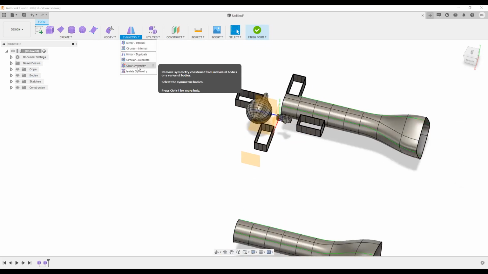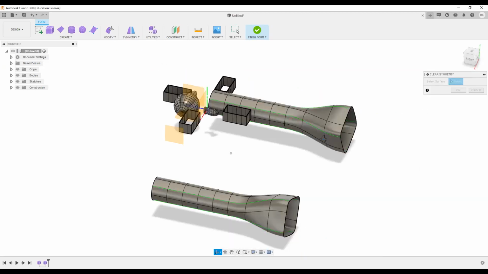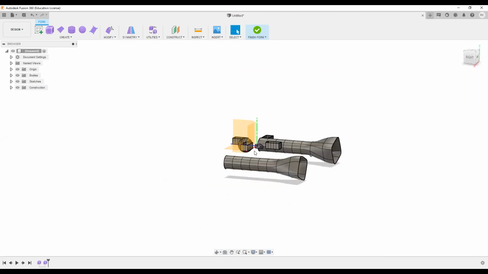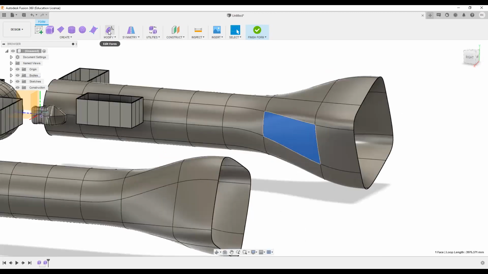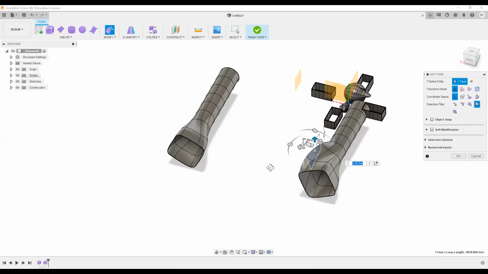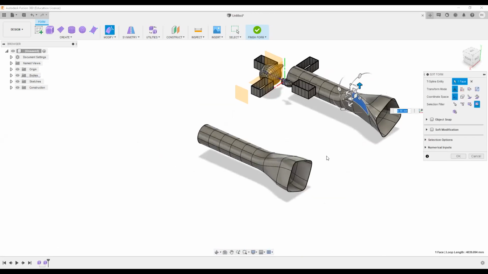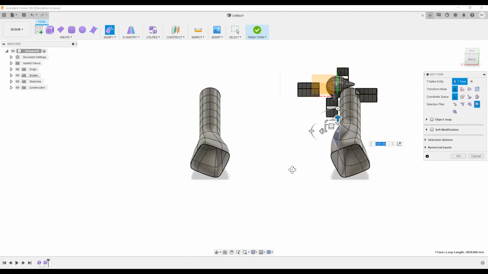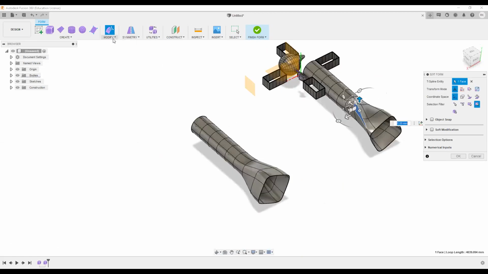And then there is a clear symmetry tool. If there is a symmetry between these two particular bodies and I do this, then the symmetry is cleared. Now I can change one of them also. As you can see, there is no change coming out on this particular body. Before this, if I changed this particular body, then this surface would also get changed because of the symmetry we have given. So by this clear symmetry tool, I just clear the symmetry. Right.